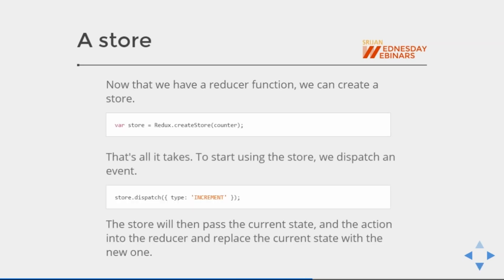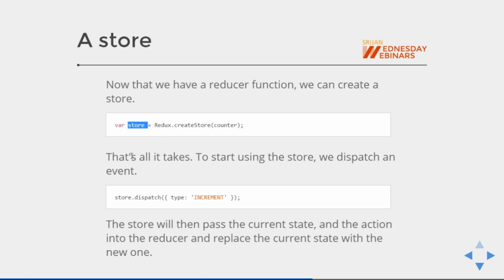Now let's create a store. In the first snippet, we have created a reducer function, which is a counter, and we will create a store object. So we have three things: reducers, actions, and store. Store is just a physical object which you will create by calling redux.createStore. You will just pass the counter. Now you got the store object. Store is just a big fat object which is going to have all these reducer functions inside it.